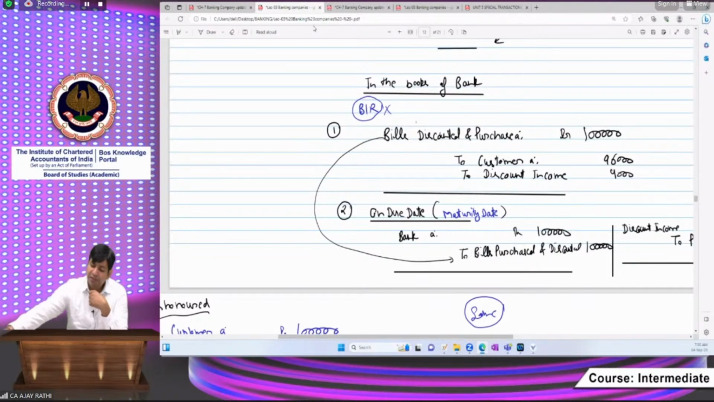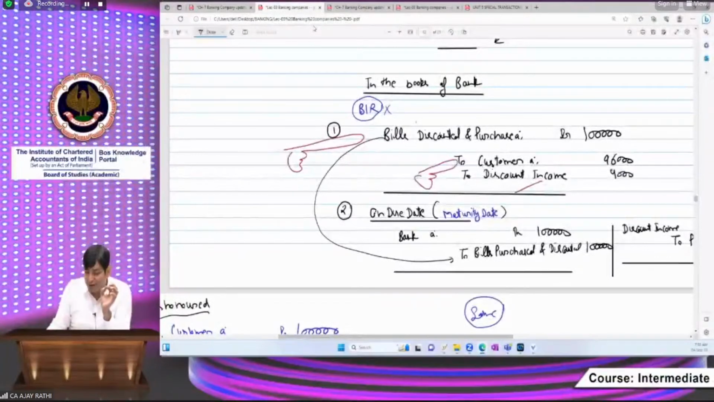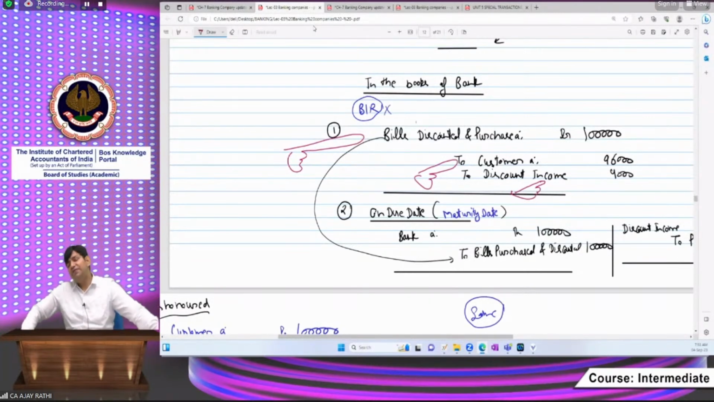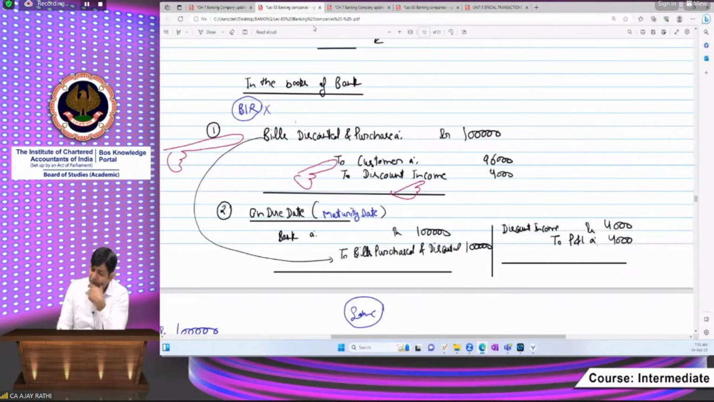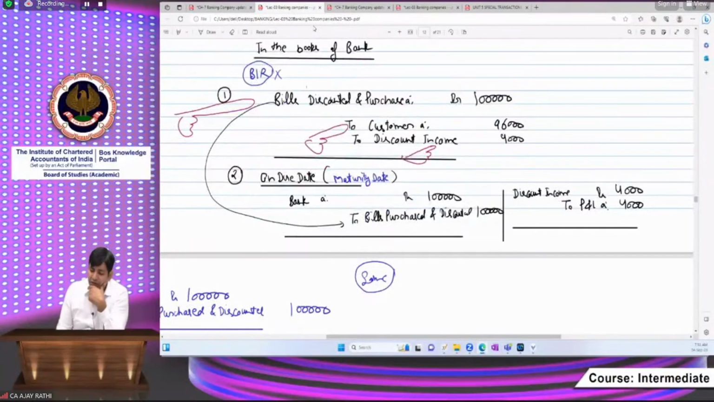Net amount was being credited to the customer account, net of the interest, and the interest income was being booked at this. Okay, beta, now see, if such income belongs to such current accounting period, then that income was being transferred directly to P&L. Okay, beta. See, in this way, on the maturity date, on the due date, bank